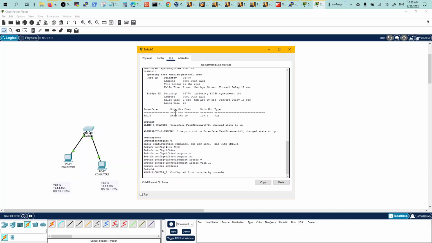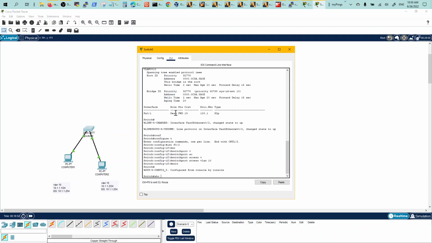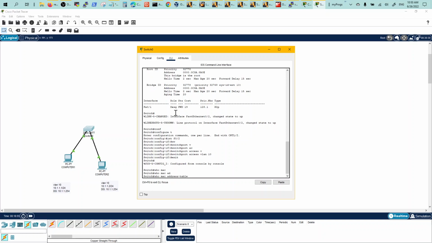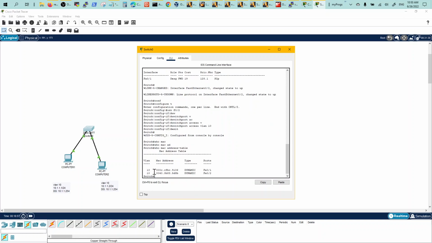So let's look at the MAC addresses, show MAC addresses. And it has already, as soon as you configure the port, cable it up, and configure the default gateway, it will ARP for that default gateway, and the switch will learn the MAC addresses and where they belong. So computer 1's interface address ends in 9106, and computer 2's network interface card's MAC address is